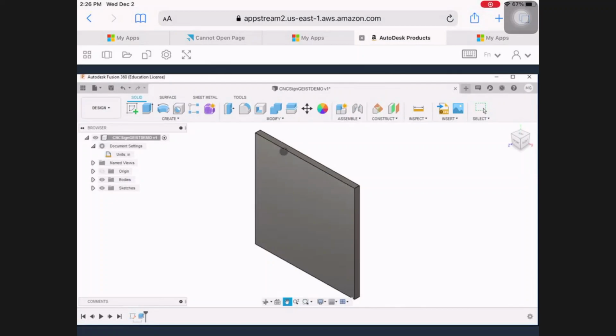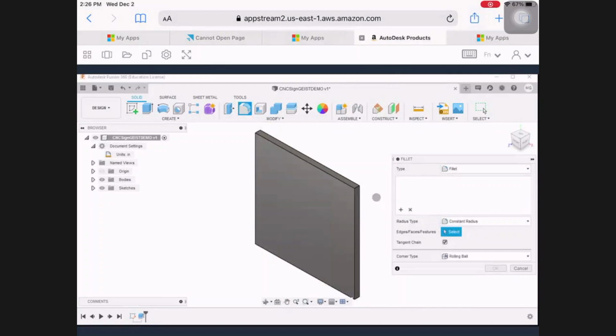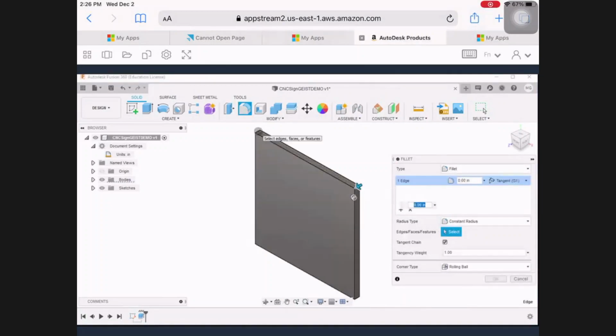Okay, so now I'm going to round these corners. I don't like the sharp corners. I'm going to use my fillet tool, and I'm going to select that corner, and then this corner. Make sure I'm not picking that. Make sure I'm picking this edge. And if you hover carefully, you'll notice I'm picking that edge, not this edge, but this edge right there. And then this edge. It's only the outside four corners. And if you make a mistake,